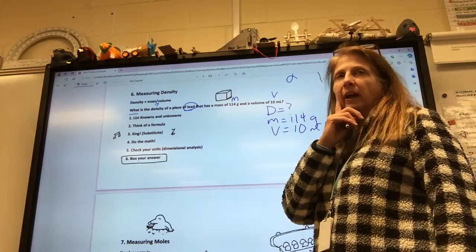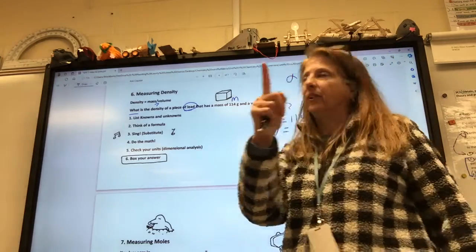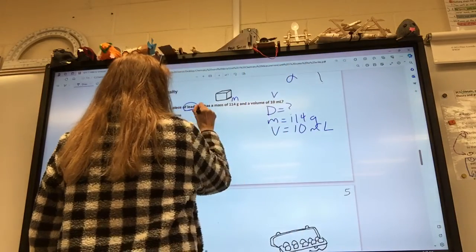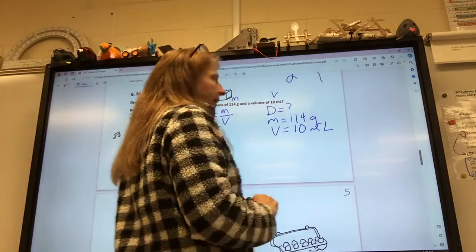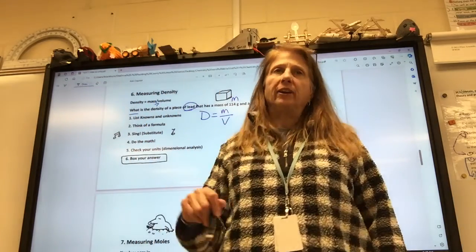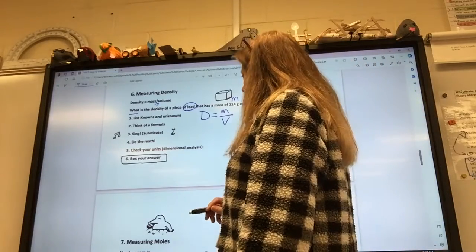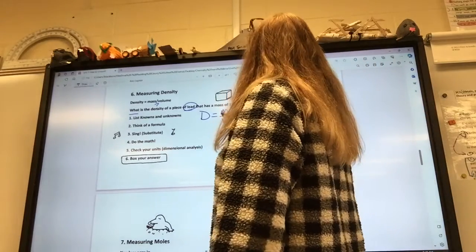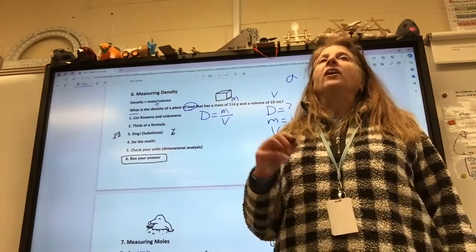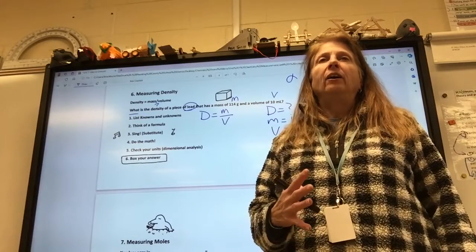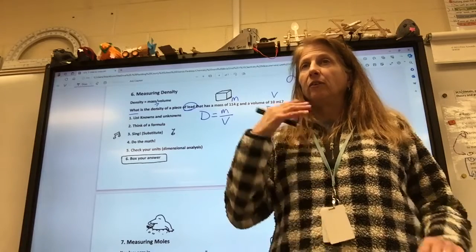Next, I think of a formula. Is there a formula that relates density, mass, and volume? Why, yes, there is. It is density equals mass over volume. And I write it down every time. Every time write your formula down. That's going to help you memorize the formulas. Then I put the numbers in for the letters and substitute them. When I do this, I sing a song. Now, you can actually do math without singing or dancing, but it's not as fun. So you should do it too.